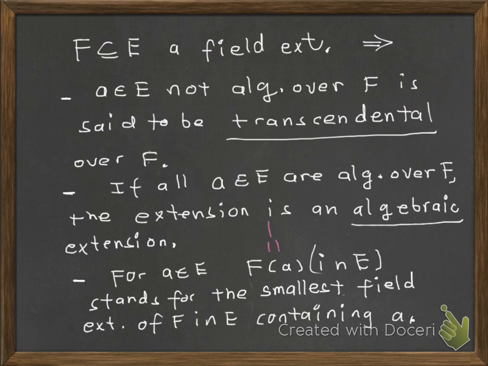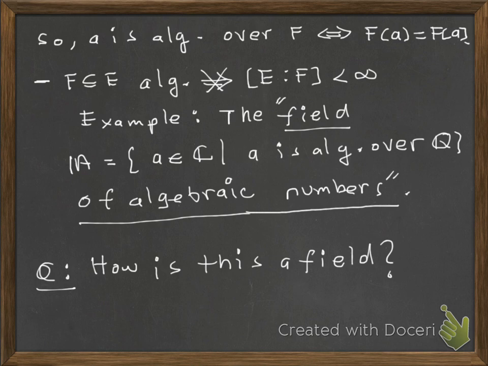Right? So here's a word about notation too. Notice that the extension of F by A as a subring, which is denoted by the brackets here, is not always a field, right? It's a field if and only if A is algebraic over F. So we still have a field extension inside E of F by A, which is denoted like this, and it happens to be the smallest field extension as such. So our theorem implies that the algebraicity of an element A over F is equivalent to this field extension being equal to the